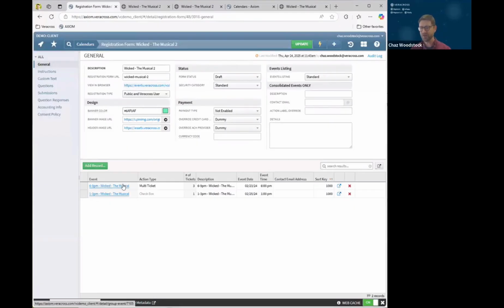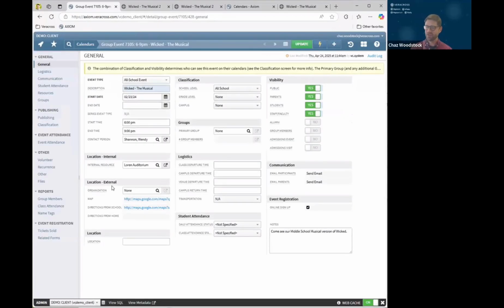If I go back to our configuration here and I go back to this multi-ticket event, what's happening is it is actually taking the person signing up. In this case, I signed up as a guest, so it's creating a new person record in Veracross and then putting an attendance record for this event on that person to register that person did sign up for this event. And you can see that if you go into your event, you'll remember this from Tuesday. If we go now to our event attendance tab,